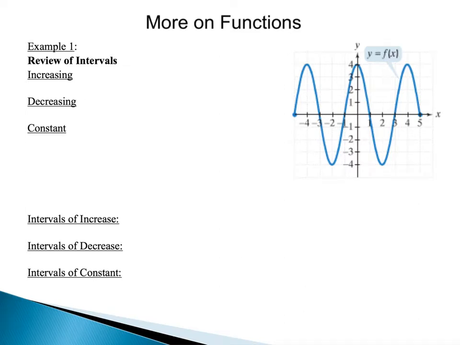In this lesson, we are going to start by reviewing the intervals of increasing, decreasing, and constant for a function. Just remember that a function is considered to be increasing when it's going up from left to right. So for example, if we look at our graph to the right-hand side, we can see that the function will be increasing from the first point that we have on the left, which would be at -5, up through about -4. So increasing functions are always going to be going up